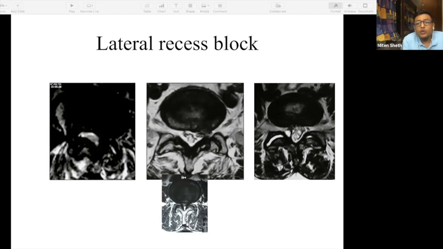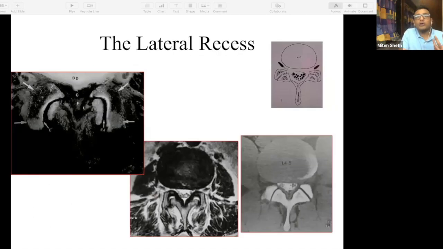Now that you understand the different types of sequences that you're going to get, what a sagittal section is, what an axial section is, and what and where you are supposed to see, I will quickly tell you how you have to go about reading an MRI. Then we will come to how the MRIs are going to look different in different situations. Then I am going to talk to you about the special types of MRI: the STIR images, the contrast MRI, and dynamic MRIs. I'll quickly brush through what I have spoken about, but this time I'm going to talk about how you have to go about reading an MRI.